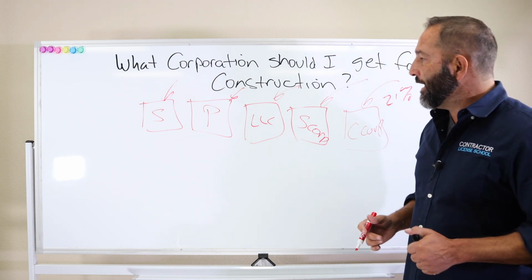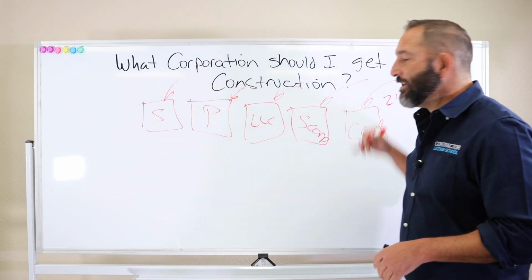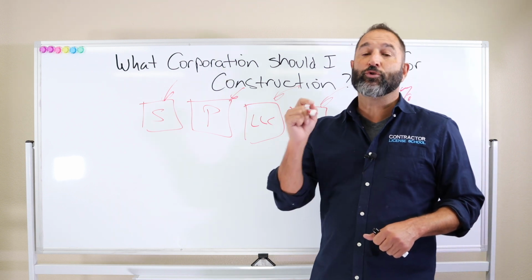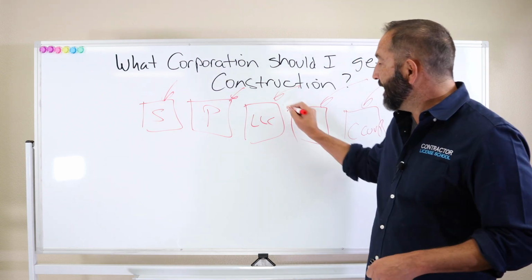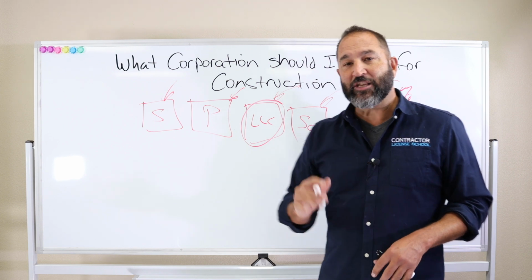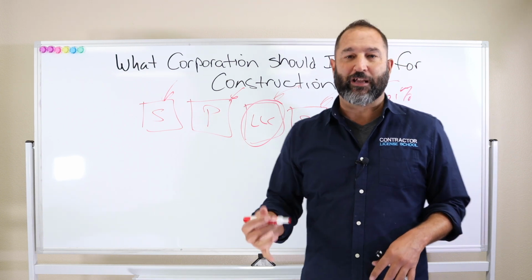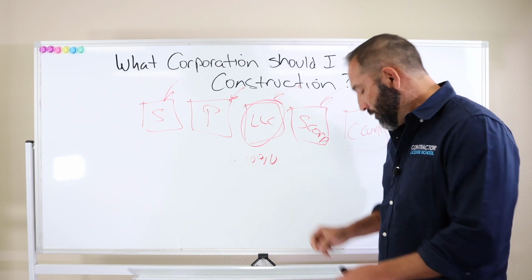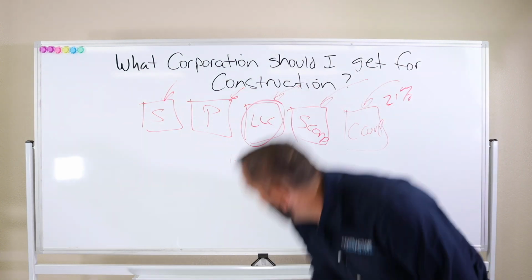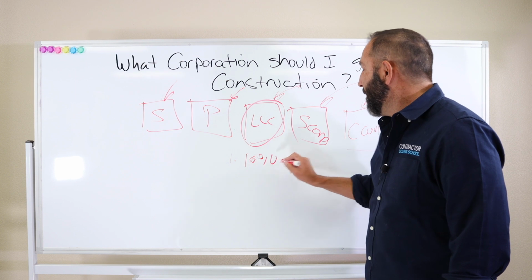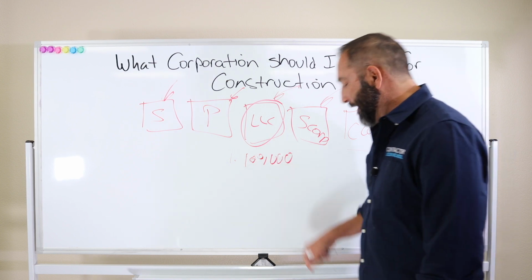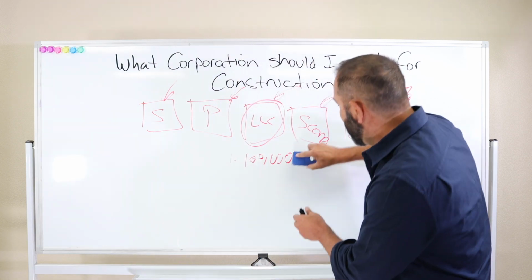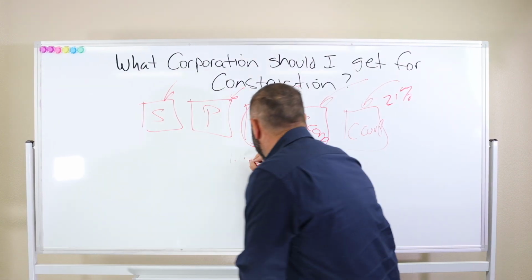So what you want to know is that all these are pass-through entities. Now, specifically in California, the one you do not want to do is the LLC. And that's because California has some specific laws, and that is, one, you have to have a $100,000 bond. Whoop, hold on, pen's dropping. You have to have a $100,000 bond. So a $100,000 bond, that doesn't look pretty. It doesn't have to look all that great, but let me just get that nice and dialed in.